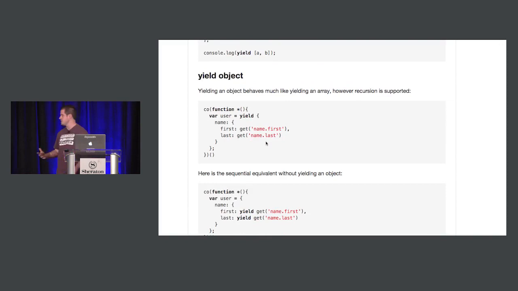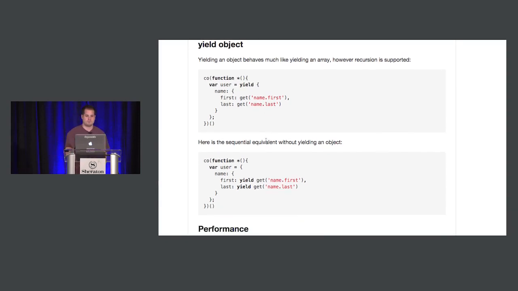Yeah, so you can yield objects or arrays, and Co will traverse the object, inspect every property and call those for you. So if you just want to create an instance of a class in JavaScript and have all your methods called, it will figure that out for you. And arrays will be iterated in parallel. So if you have an array of a bunch of requests you want to make, you can just yield that array of all the outgoing requests, and it will resolve each one. And after the last one is done, it'll continue on.